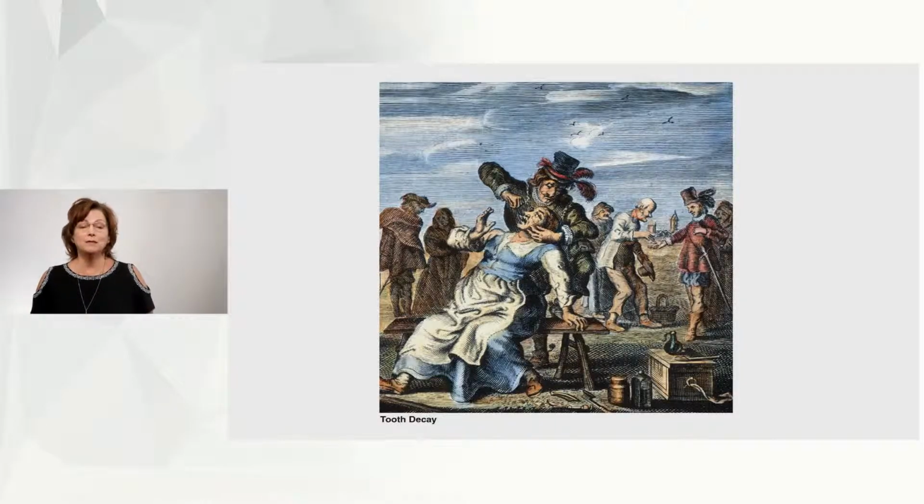And I thought you'd find this slide amusing. All this influx of New World sugar is going to sweeten European diets. Again, who's watching this video that hasn't had sugar today, right? But it's also going to lead to the spread of a new affliction, tooth decay. Now, tooth pulling became a public form of entertainment. Hygiene in general at the time was poor, but this tooth pulling became very popular. I'm not sure I would find that very entertaining, but...